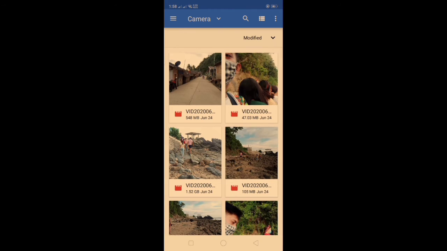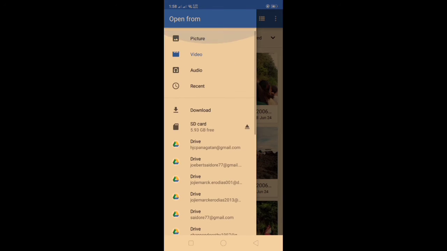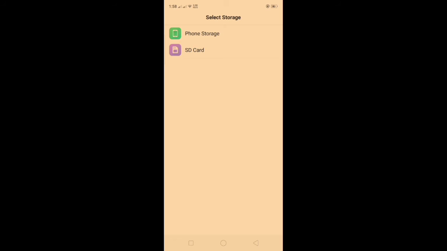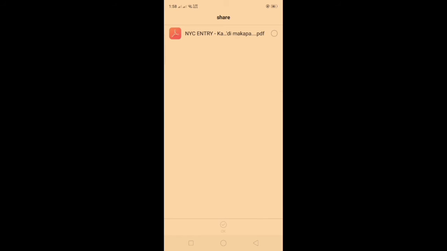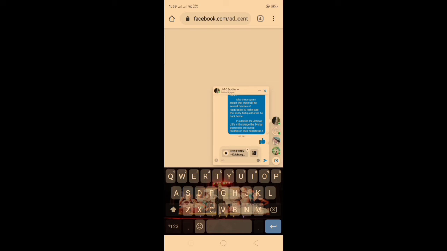So of course you choose files, and then we are not sending pictures, so we will go here and then choose for the file manager, and then choose the storage of the file you are going to send, and then look for that file, and then just simply press OK, and then it will be uploaded in your friend's inbox,